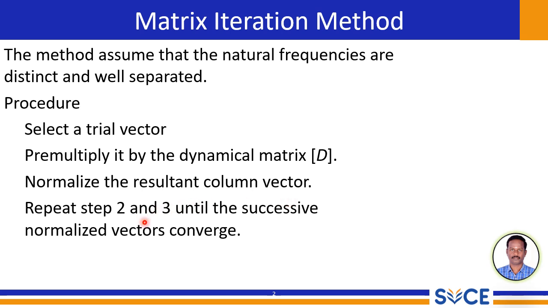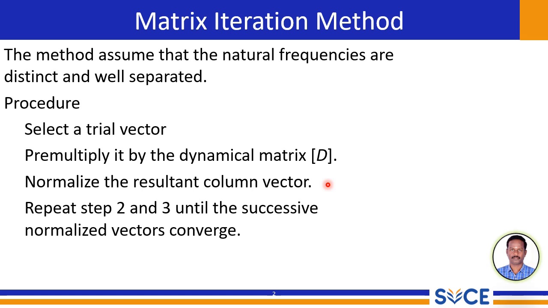Step 4 is repeating steps 2 and 3 until convergence. The core of the matrix iteration method lies in repeating steps 2 and 3. We take the normalized vector from the previous iteration and use it as the new trial vector. This vector is then pre-multiplied by the dynamic matrix and the result is normalized again. This iterative process continues until the successive normalized vectors